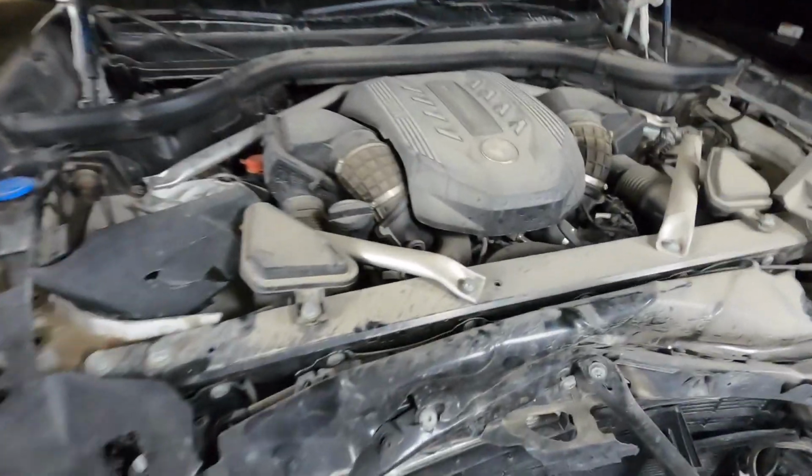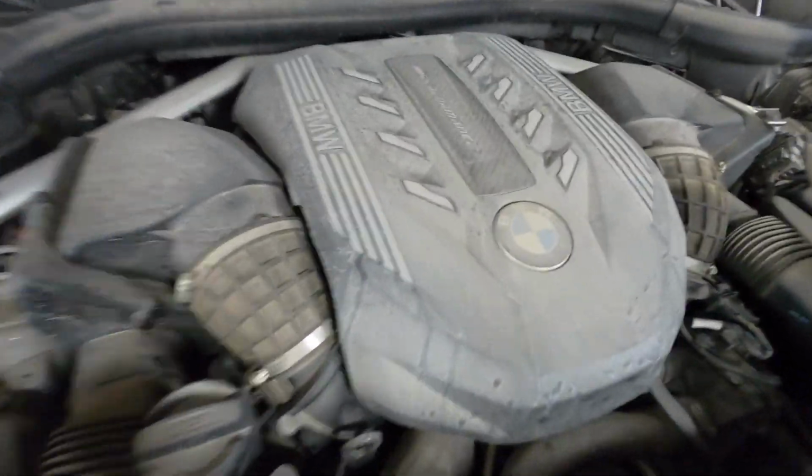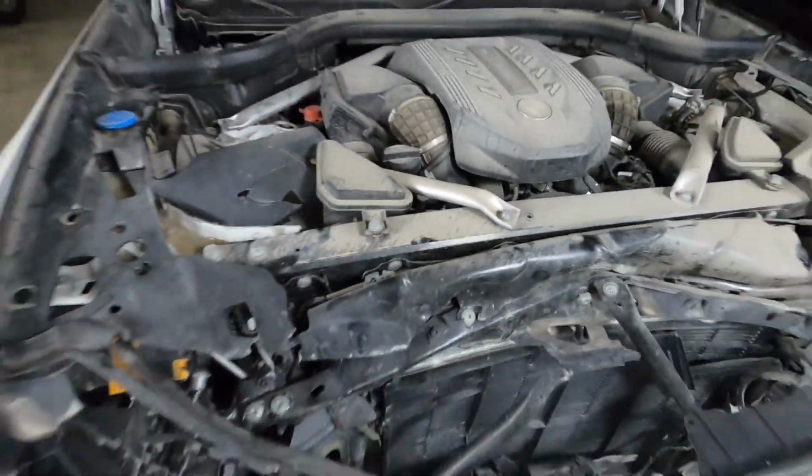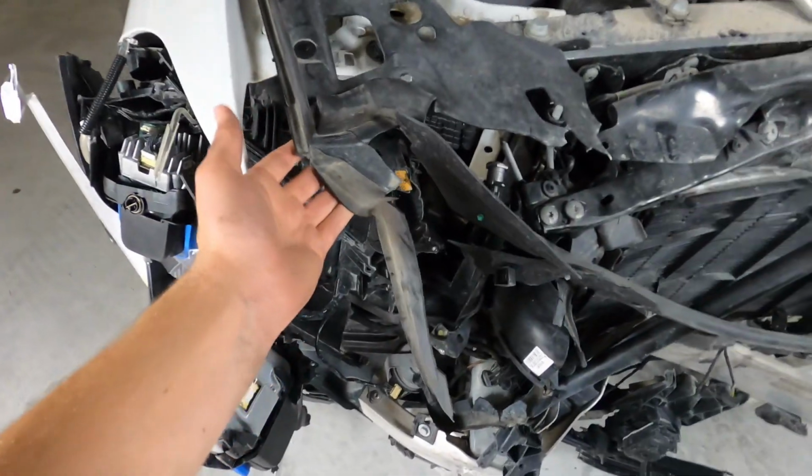As you can see, we now finally have the hood off. It's a very nice engine bay, besides the fact that it's very dirty. But now you can see way more of the car. And now we're gonna start on taking most of these plastic trims off that are broken. And also the same rule for